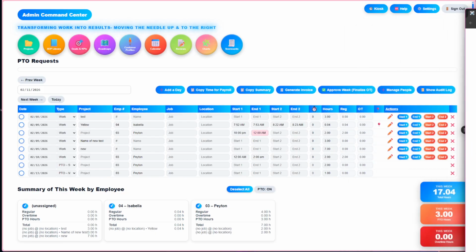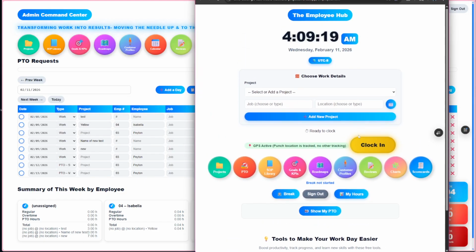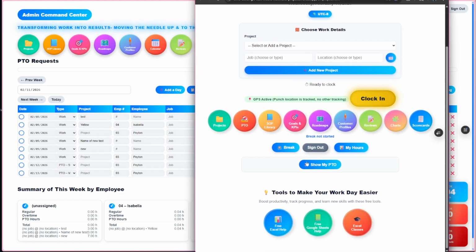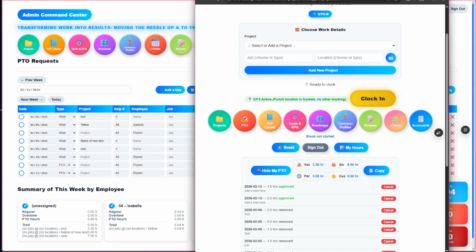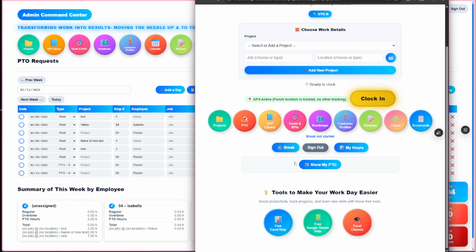So now the employee view, this is actually a different employee that I'm already logged in as, but it's the same exact setup. So they will go to PTO here, and they can make a request. And if you've got PTO, vacation, and sick set up, and that's all you want, then make sure that they know which ones to request from, but they will see that here because they would see vacation, sick, personal, custom, they see their banks. So they're like, okay, I have 8 hours of sick here, so I could request 2 for today, let's say,